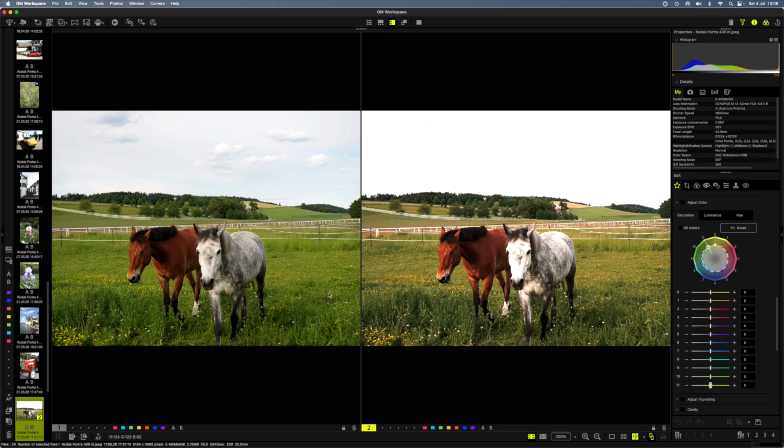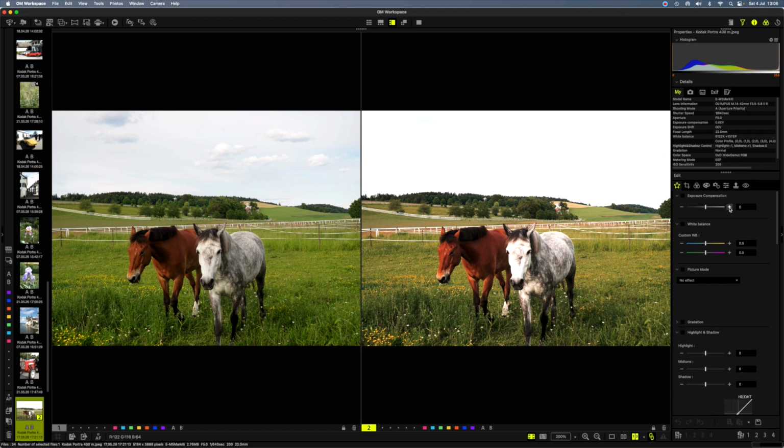I think there was an exposure adjustment. You can see it with the horses. Look here. You can see it at the back here, and you can even see it to the front here. There was definitely an exposure adjustment. So let's see what happens if we do a small adjustment.